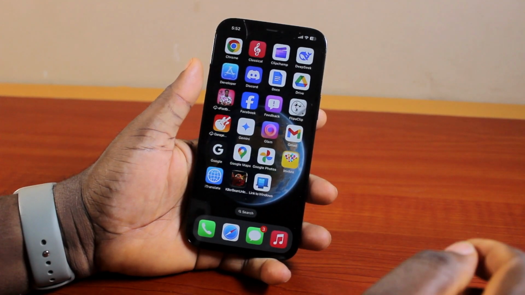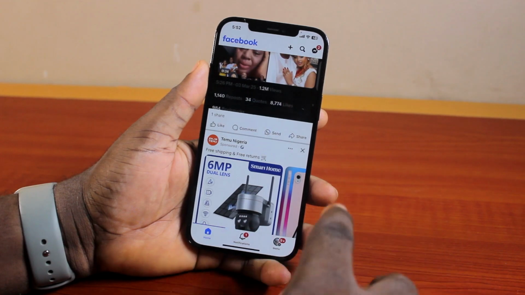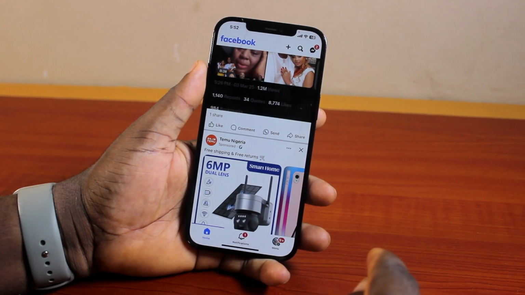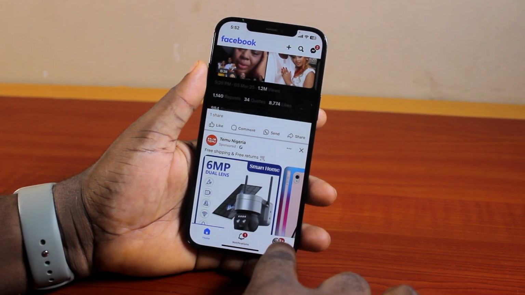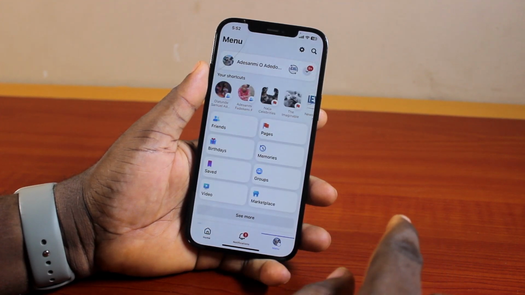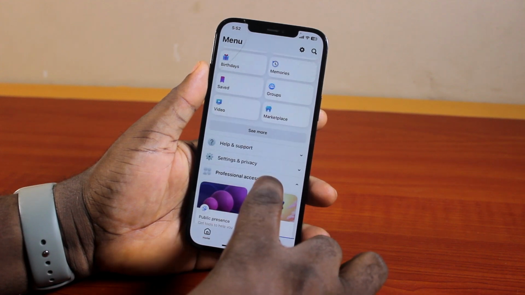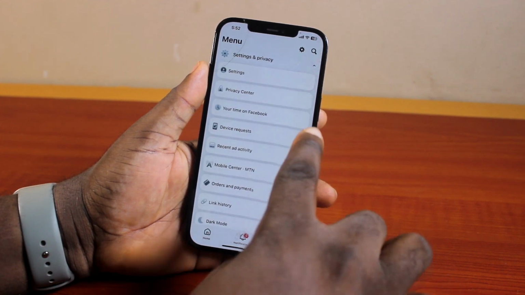Now, to turn off the Facebook like button sound, all you need to do is go ahead and open the Facebook application. Click on the menu icon at the top right or at the bottom right, depending on whether you're using Android or iPhone. Now locate and click on the gear settings icon at the top right, or scroll down, click on settings and privacy, select settings,